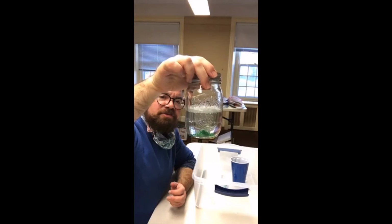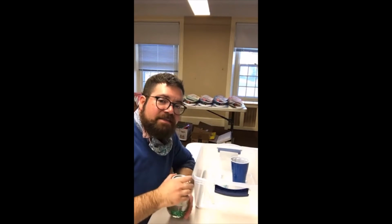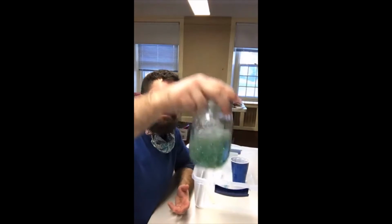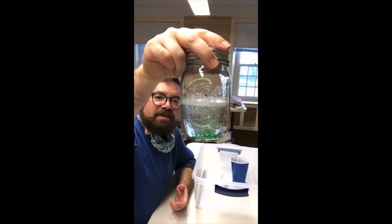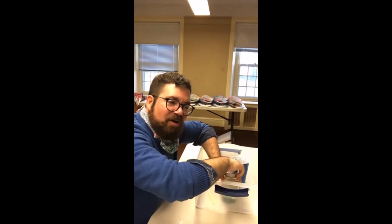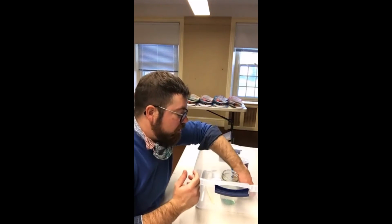Here's what I'm going to do. I'm going to add water and see what difference that makes in terms of how quickly it falls to the bottom. Because right now it's kind of a slow snow globe-y effect, but it's falling pretty quickly. So I'm going to add more water. I expect that's going to make it fall more quickly because, again, water,